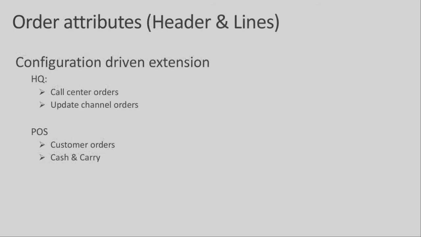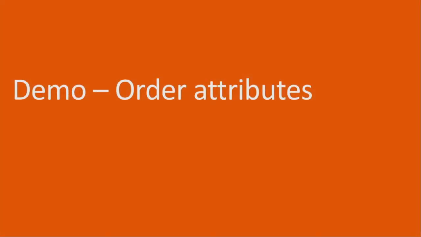Okay, let me go to the next one. So we saw the order attributes. Similarly, it works for call center also, and even in the call center form there is a UI. Same for customer also. If you go to the customer retail tab, there is attributes, so you can set it in the HQ also. So this is mainly to simplify: you don't need to modify all the channel DB in simple scenarios, so you can go with attributes.